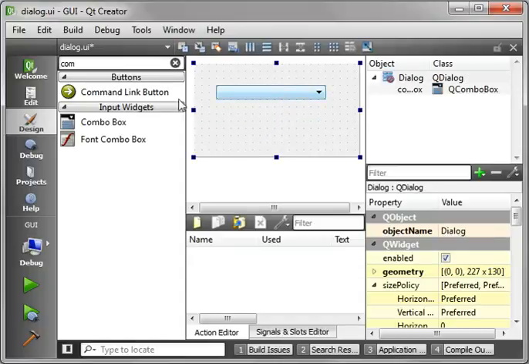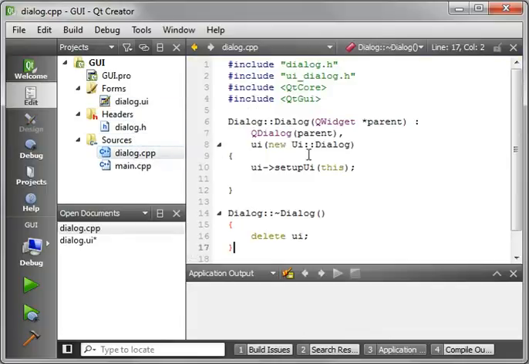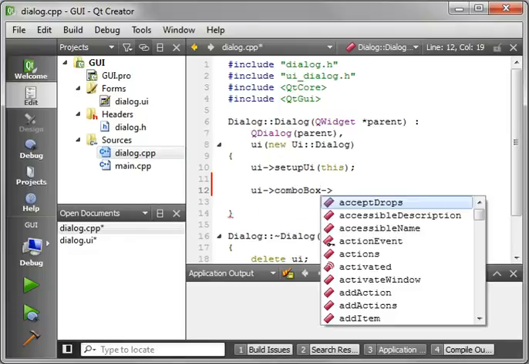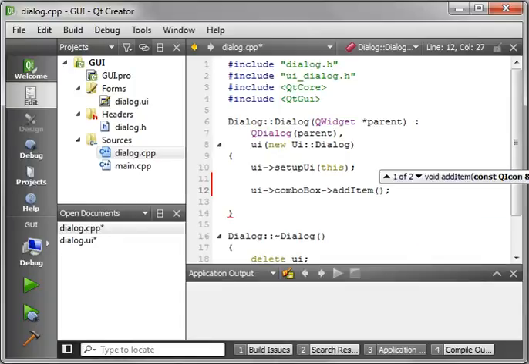So just drag and drop one on, and then let's go into dialog.cpp. ui->comboBox, and we're just going to add item. Notice you can add actions. We'll get into that in another tutorial, but you should be familiar with the Qt framework and that you can add item, items, or actions. So we're just going to add a single item here, and we're just going to say hello,